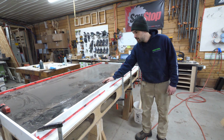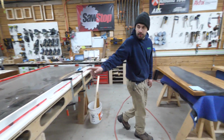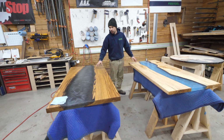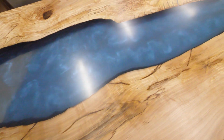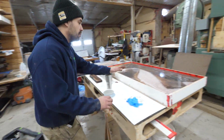This is a pour we recently did. Waiting on Paul to see if we can take it out of the form yet. So that we've got that big conference table. We have 2 desks here, which we finished with Odie's oil. If you get a close look, you can see how nice and shiny it is. Really, really beautiful how these turned out. And then with those, we have 2 more desks,